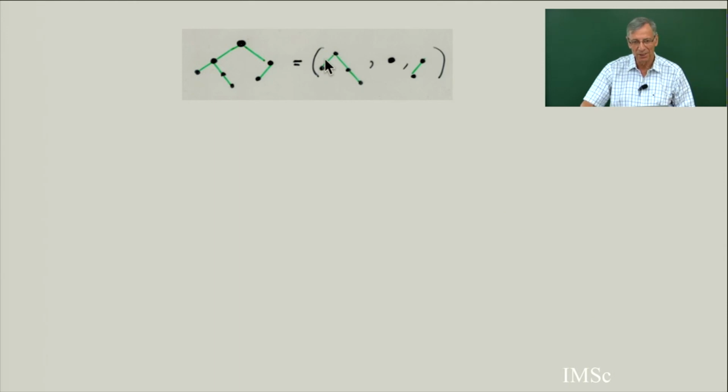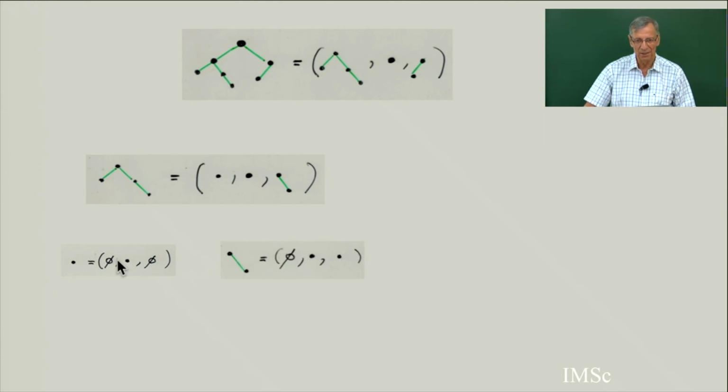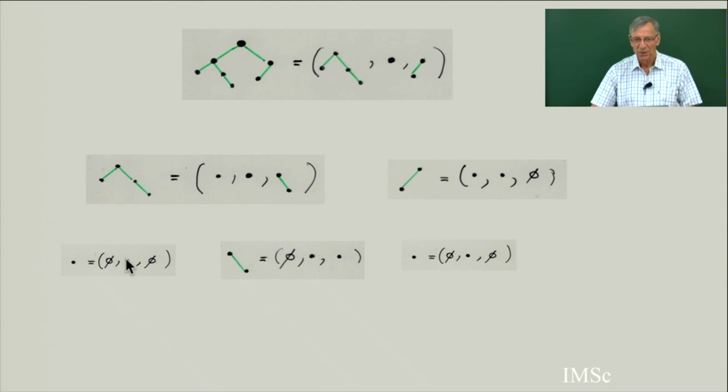So this binary tree has a finite number of vertices. The total number of vertices of the tree is the total number of vertices on the left, plus the root, plus the total number of vertices on the right. So this is a recursive definition: left subtree, right subtree, and then you repeat it. A single vertex is this. So recursively, as you go down in the tree, each time you have a triple, and at the end you stop by having this triple: empty tree, empty tree.